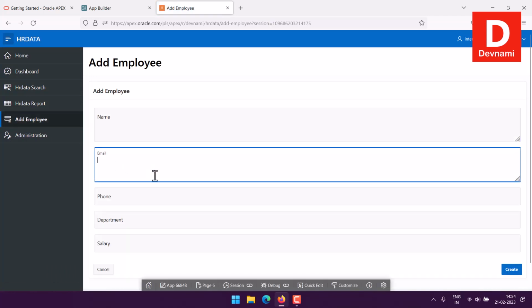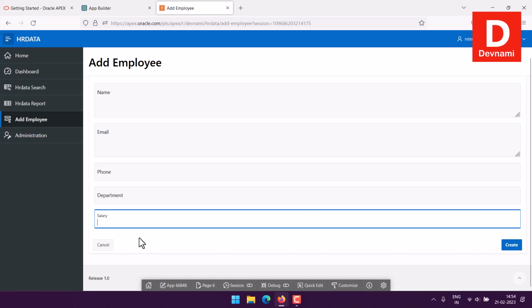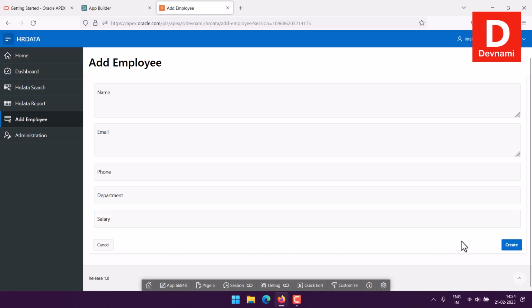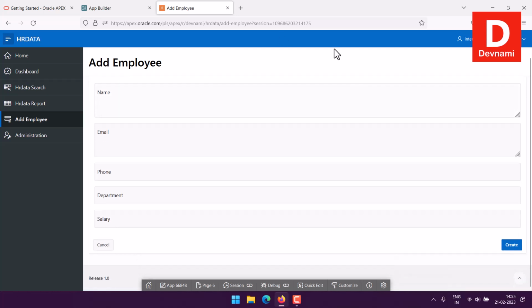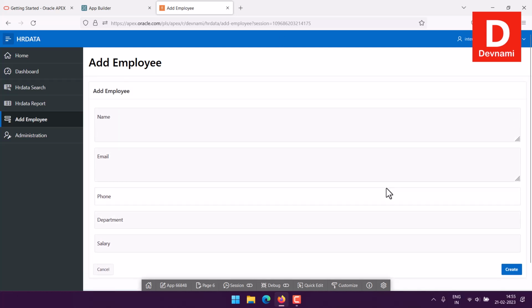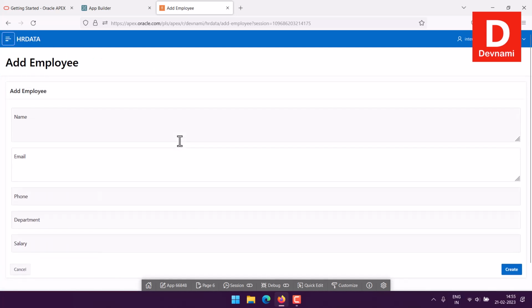Notice we have our wizard to add a new employee. Here ID being our auto increment primary key, it will not be listed within the wizard, so we can't use that, right? So we managed to get our own page and option to add the data into our HR data table,